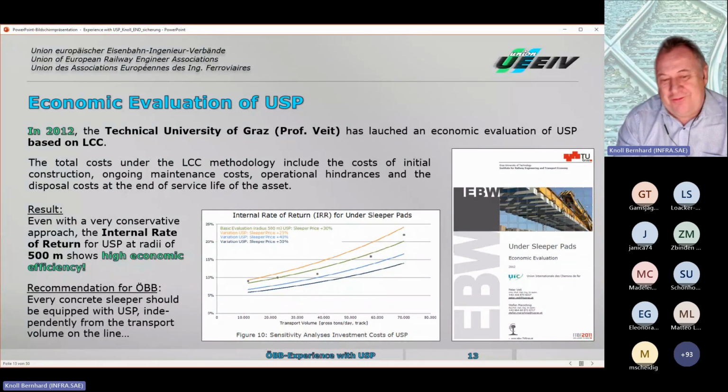So it shows, from my point of view, a very high economic efficiency with a rate of more than 5 up to 10%. You see on the x-axis the transport volume in gross tons per day and track, and here the internal rate of return. So when you calculate with 5%, which is, I think, a regular value you calculate for